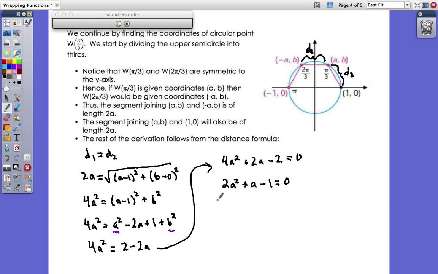That looks like it has a chance to factor. Let's try it. 2a and a, and it's going to be 1 and negative 1, I think with the negative 1 here and the positive 1 here. Let's check that. Does it work? I think it does. That means either a equals 1/2 or